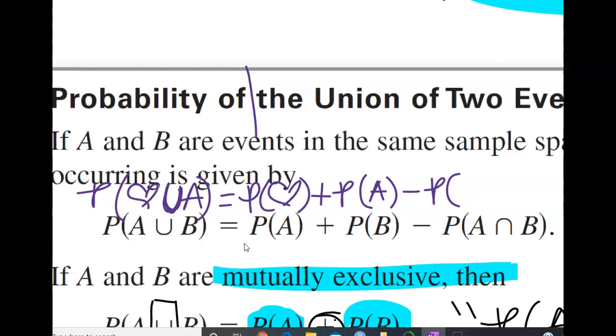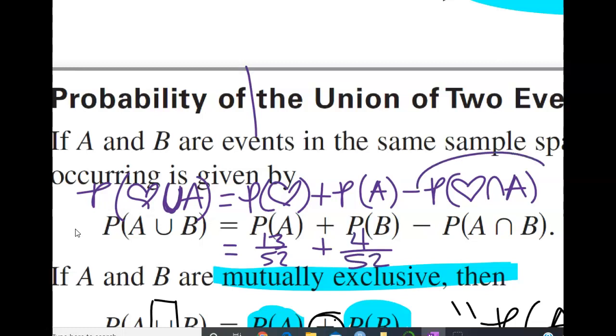And that's the one that in the Venn diagram, the one with the two circles, looks like it's highlighted with yellow. So the probability of getting hearts, we already said it was going to be 13 over 52. The probability of getting an ace was going to be 4 over 52. And the probability of getting both, a card that is both a heart and an ace, will be only 1